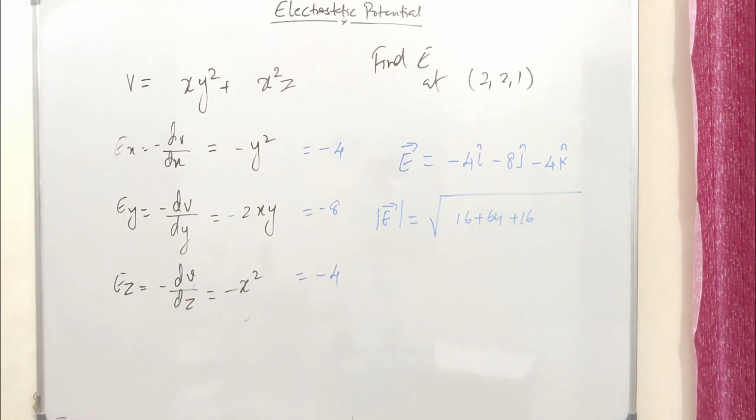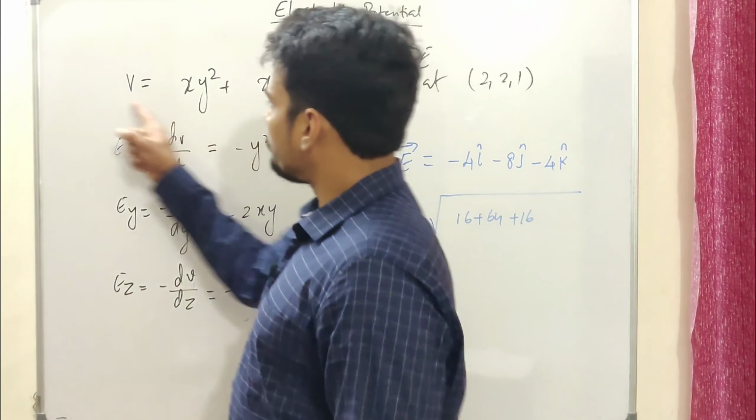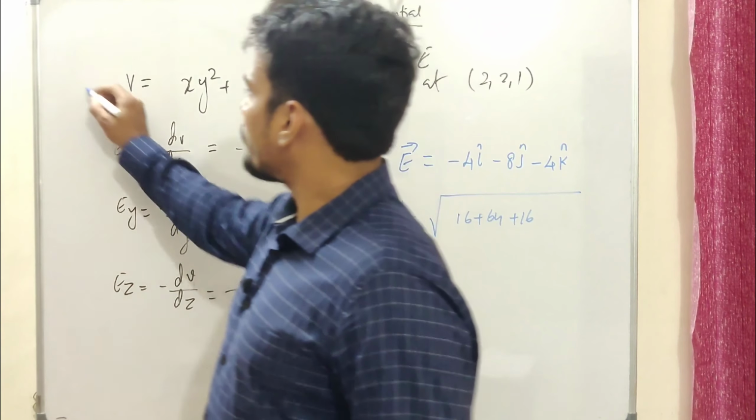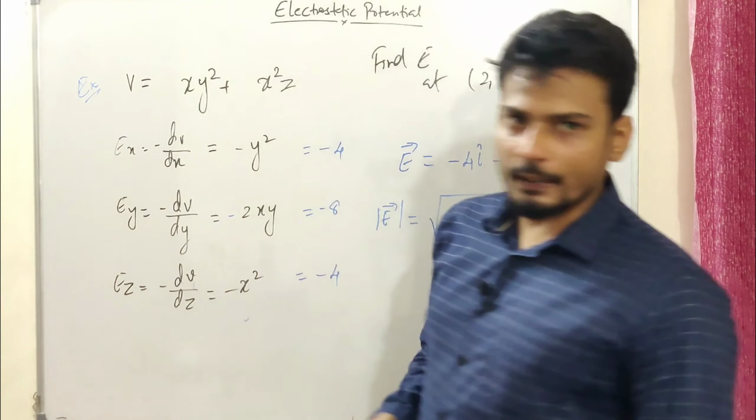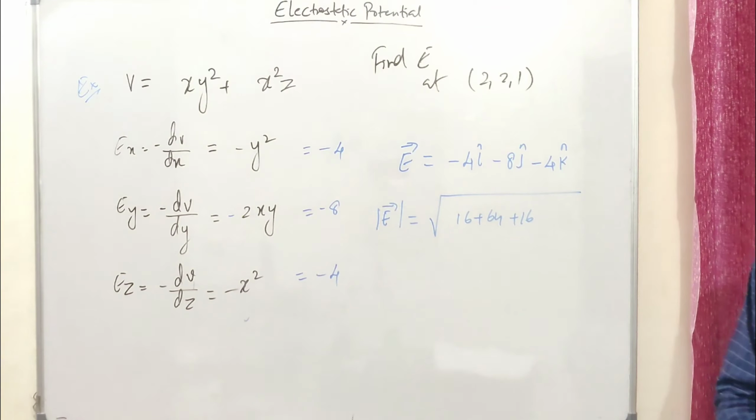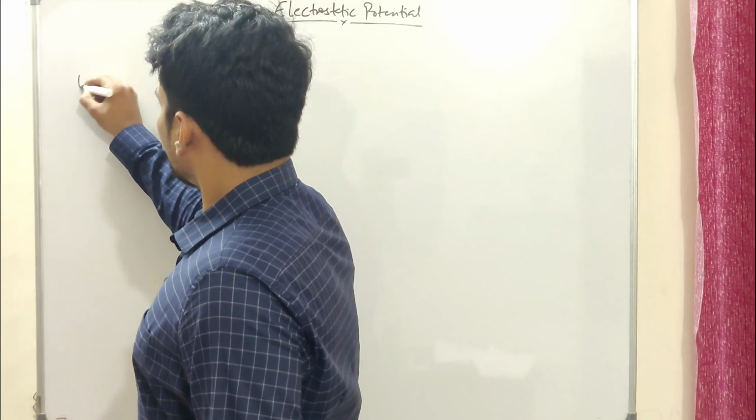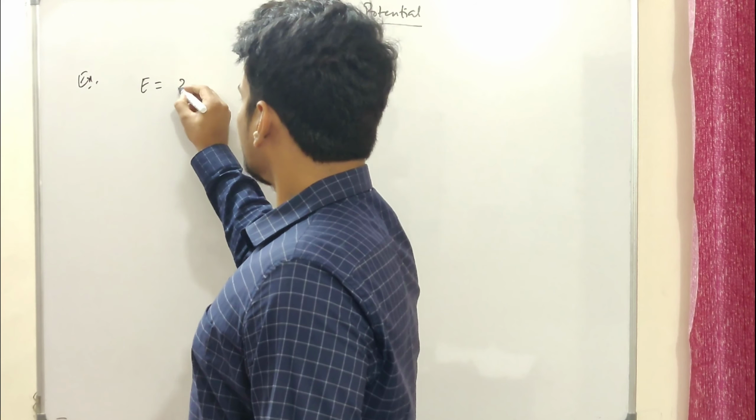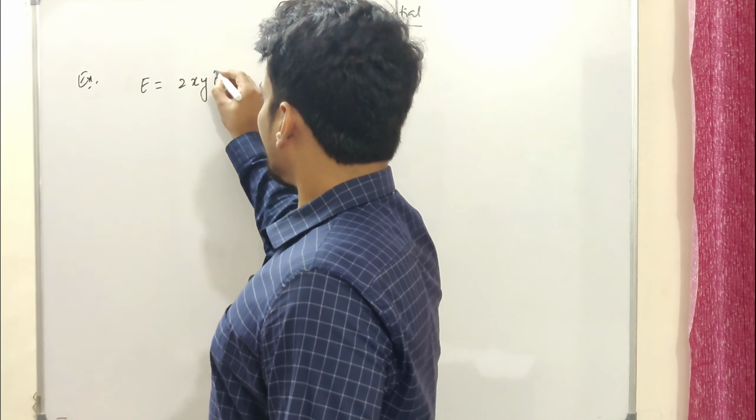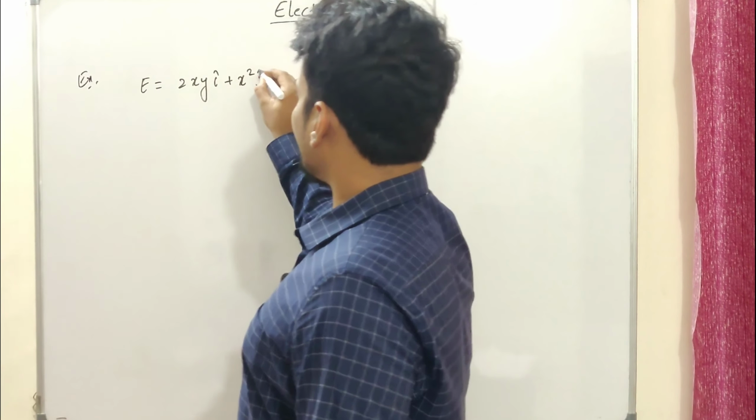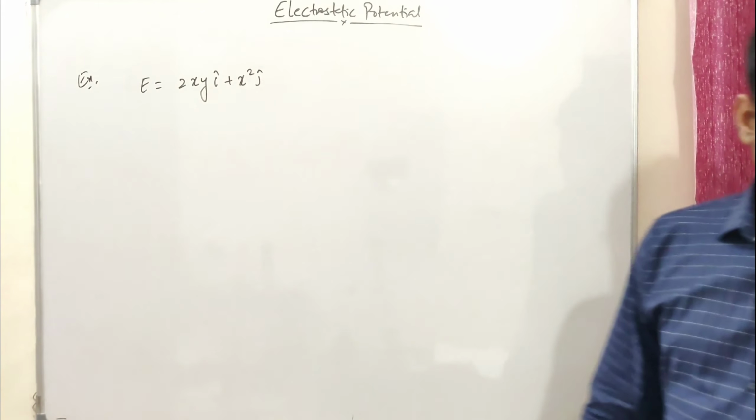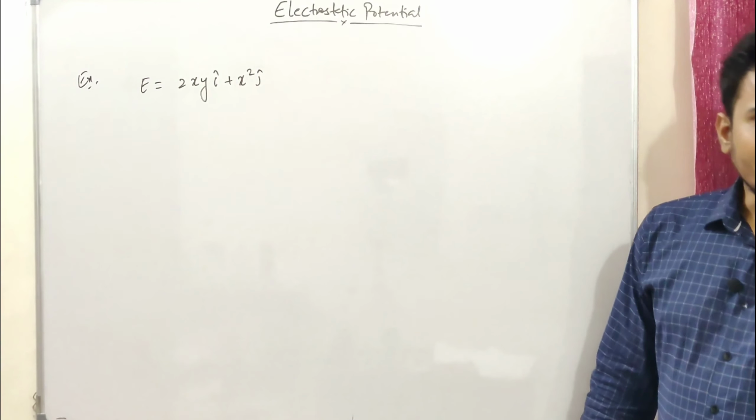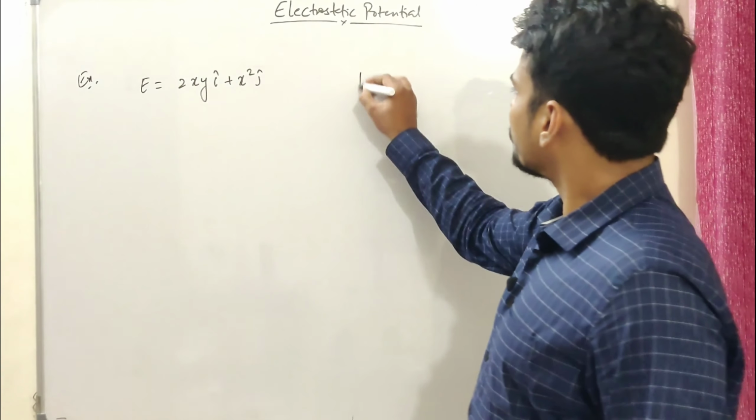Okay, let us see more questions based on this. In this question I have taken the V. Now I can actually go ahead and choose E, and then ask you to find the value of V. Okay, let's do one. Let's see example 1. Let's suppose E is given as 2xy i cap plus x² j cap. The electric field is variable over here. Now I might ask you to find potential at